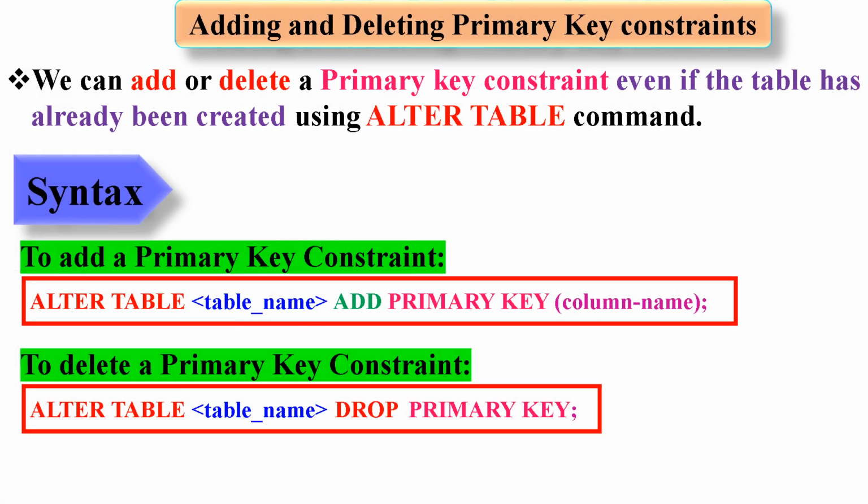Let's learn how to add and delete primary key constraints in an altered table. We can add or delete a primary key constraint even if the table has already been created using alter table command. Syntax to add primary key constraint is alter table table_name add primary key (column_name); The syntax to delete a primary key constraint is alter table table_name drop primary key;